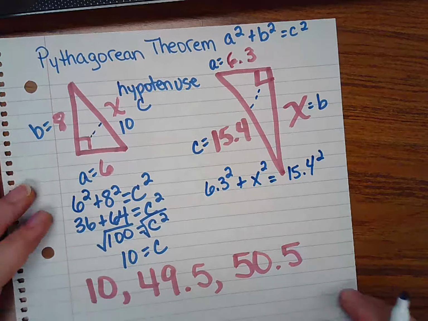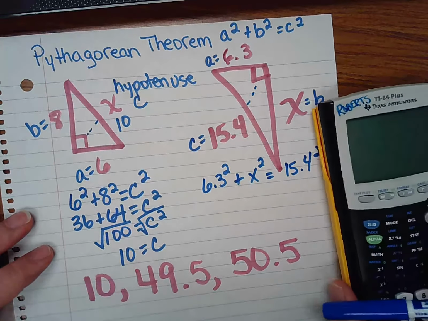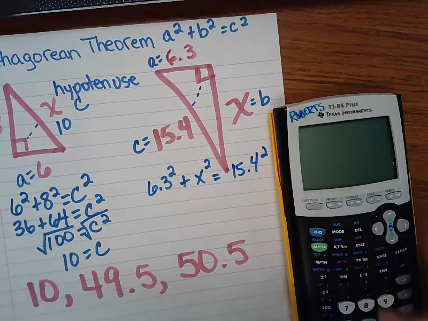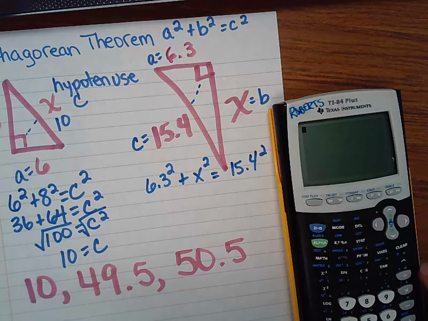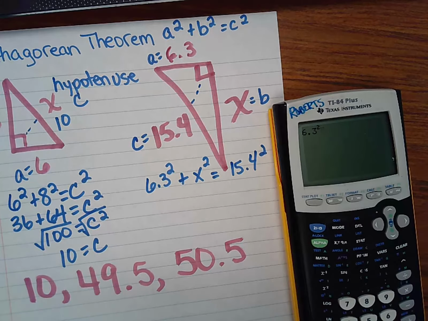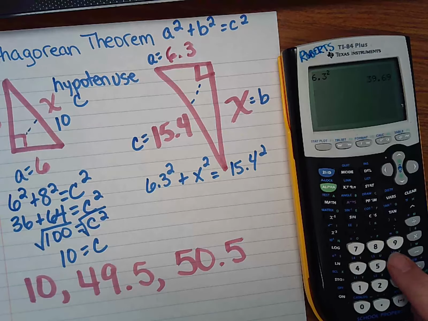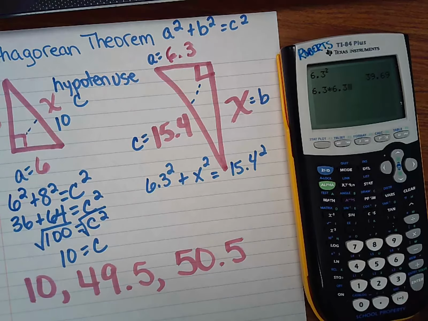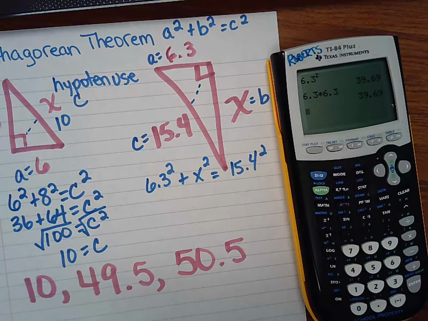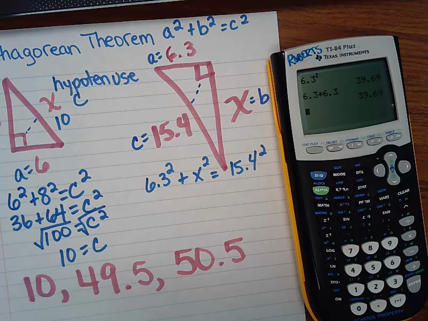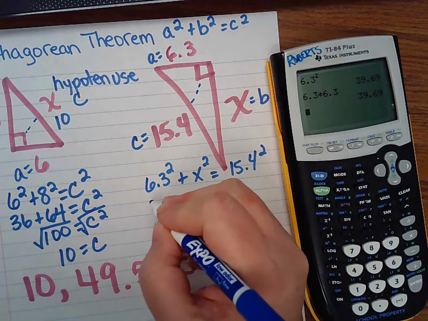Now this is where I said I don't know these numbers. These are big numbers that I don't know how to square without a calculator. So I'm going to pull my calculator out. And if you have one of these calculators, or when you're using Desmos, you can simply type in the 6.3 and then hit the squared button and enter, and it gives you the answer. If you just have a regular calculator, like you're working at home right now, you can say 6.3 times 6.3, and it still gives you the answer. That's what squared means, is multiplying it times itself. So 39.69